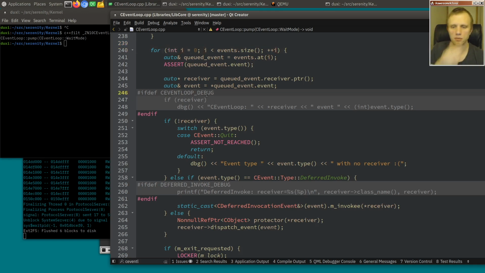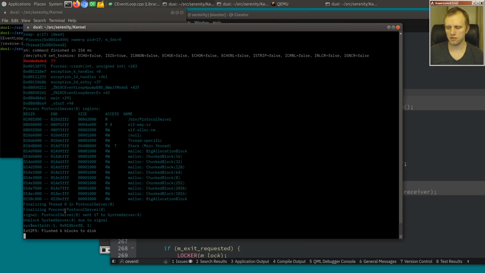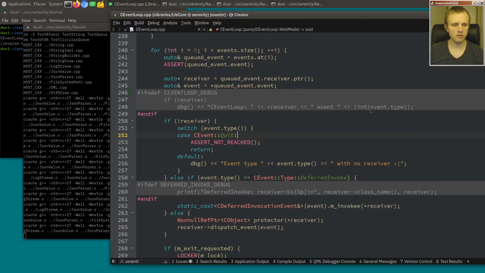I guess we could enable debugging maybe, or yeah, we could just enable this piece of debugging right here, because that would just tell us the address of the